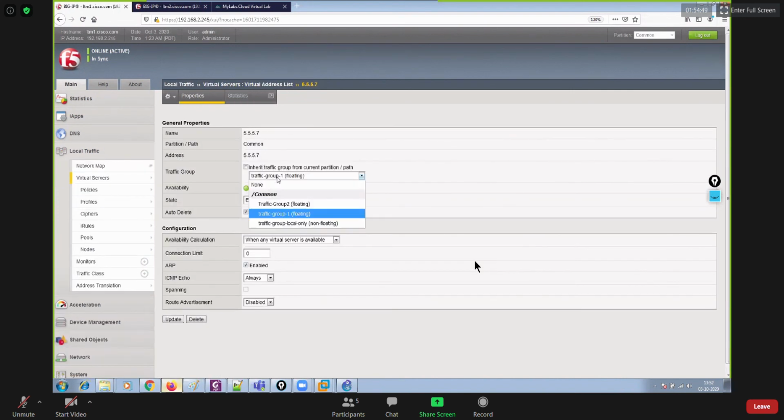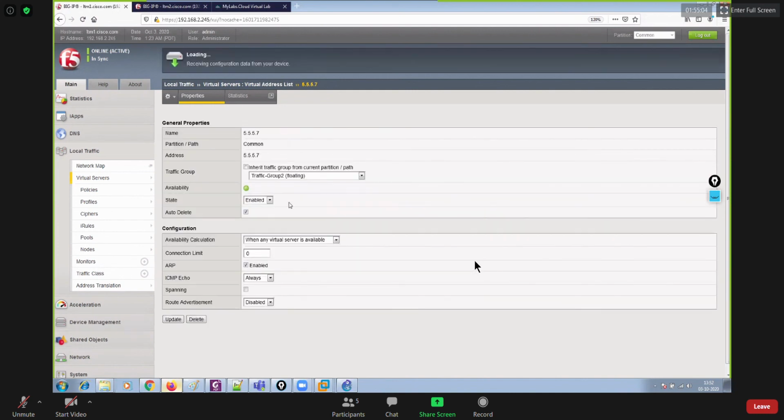Part of traffic group 1, make it part of traffic group 2. This is how I changed it, right? Like this. Update. Okay, it's already updated.